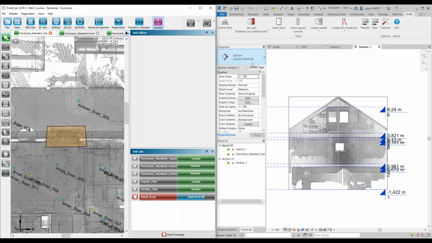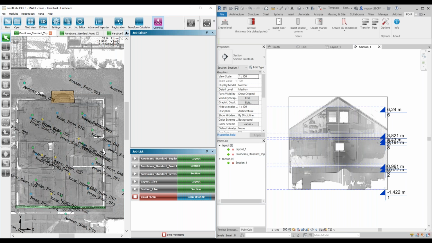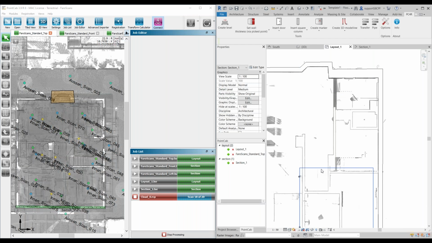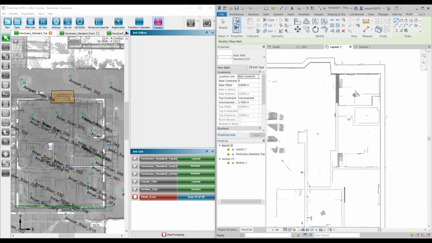You can follow, as I've shown in this short demonstration, the workflow where you just measure in the point cloud, in PointCab, and the elements will be transferred into Revit in real time as BIM elements. You can also import the ortho photos that PointCab creates, and then you can model directly on the ortho photo. So for example, here, if I go to architecture and create a wall,